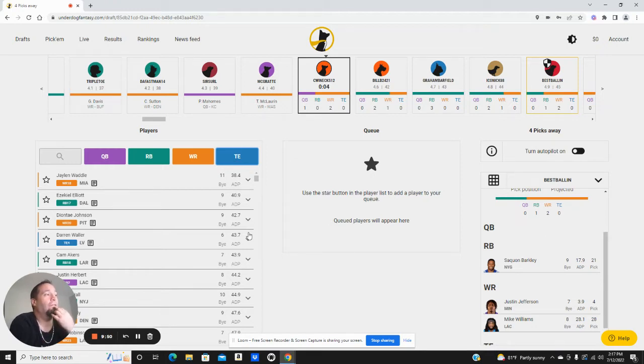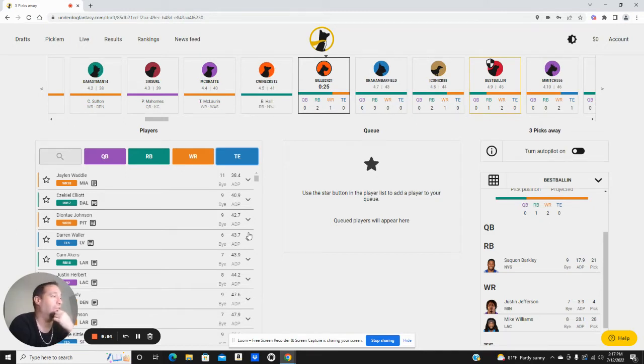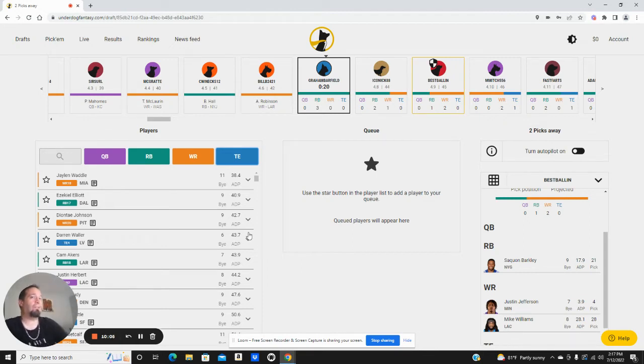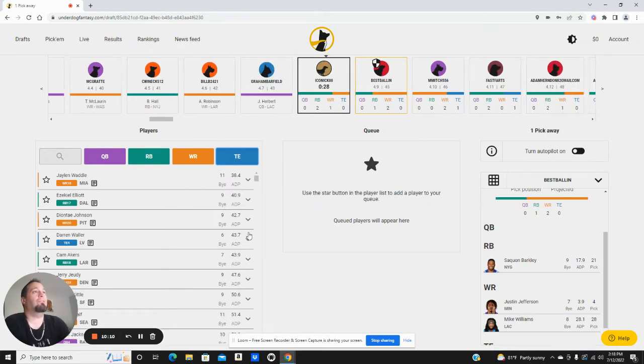And then dual RB is basically, for me, 2 RBs from Miles Sanders above. And then hyper fragile is 3 RBs from Miles Sanders or above. And I'll talk a little bit about how many running backs I think should be drafted in each strategy, because it definitely varies.